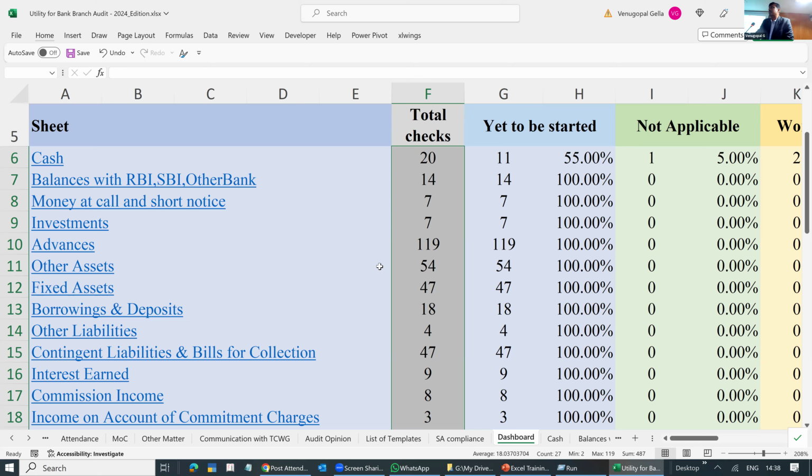Same file you will open in parallel and work simultaneously. This is also a very important thing: you don't need to wait for one person. Today people are also used to Google Sheets. The same file automatically gets converted into Google Sheet and it will work. If you have a Microsoft OneDrive license, you can put it into OneDrive and share it in parallel, and both can work.